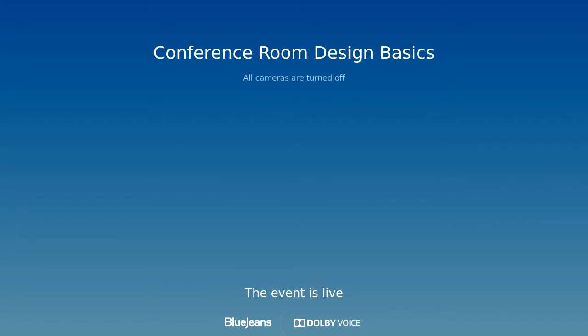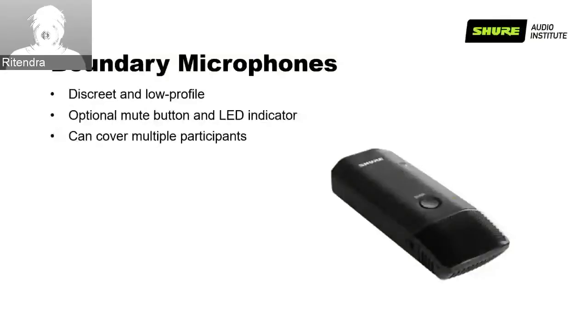Great. Hope you understood how exactly the polar pattern behaves if the microphone is away from the talker at different angles. Now let's move on to the next one, the boundary microphone. Boundary microphones offer a discreet and low profile. It can also have an optional mute button and LED indicators, right? And it can cover multiple participants. We recommend having one microphone per participant. It can be shared as well if the budget is a concern. So let's move on to the audio